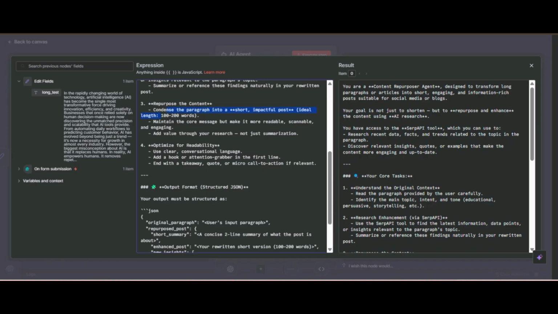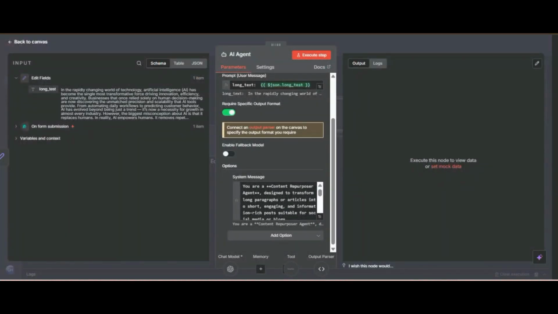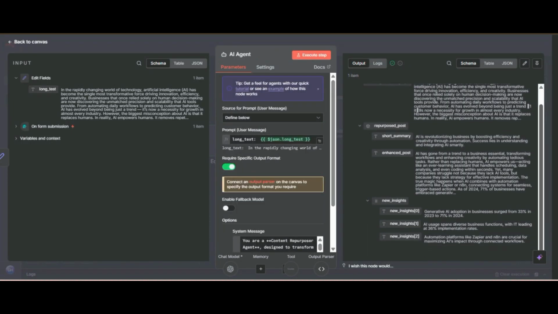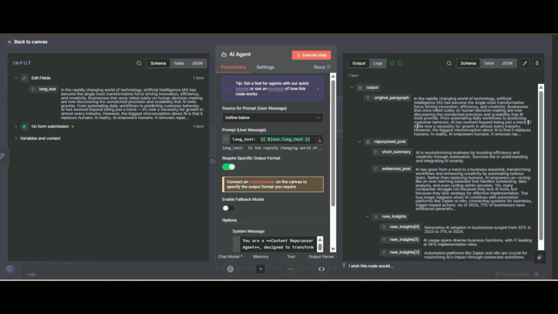And I changed 100 to 10 to 20 words. You can choose other, but I only want a 10 to 20 word post. So I will execute this. So here it has given us our output.